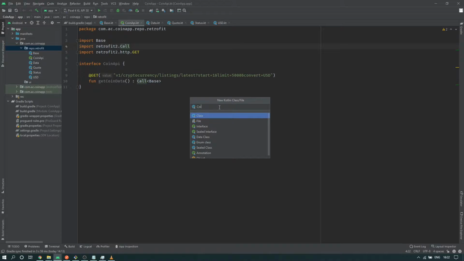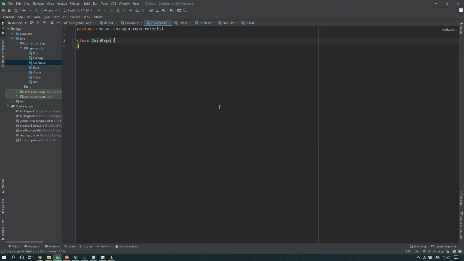So I'll call this CoinRepo. I'll change the package after some time, guys. Somehow it's not allowing me to create CoinRepo outside the retrofit. So we have the CoinRepo here. CoinRepo is responsible for supplying all the coins to UI. So it will have a,